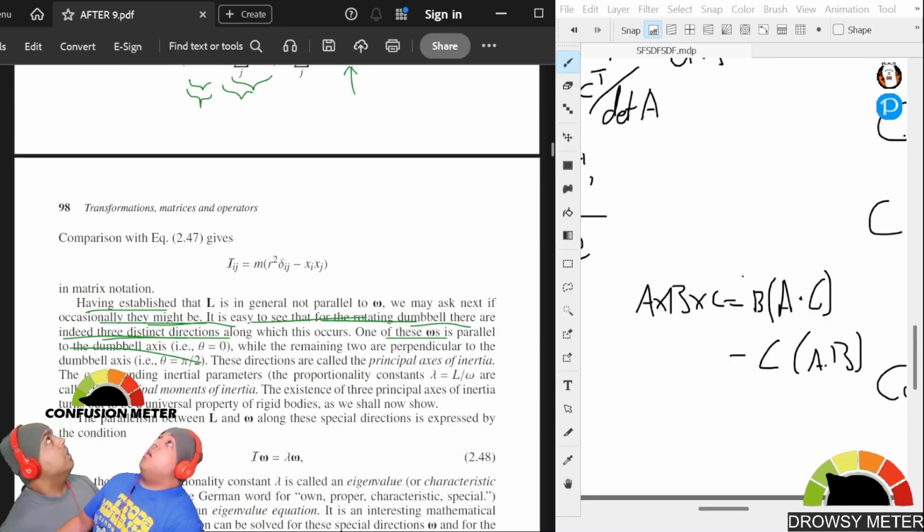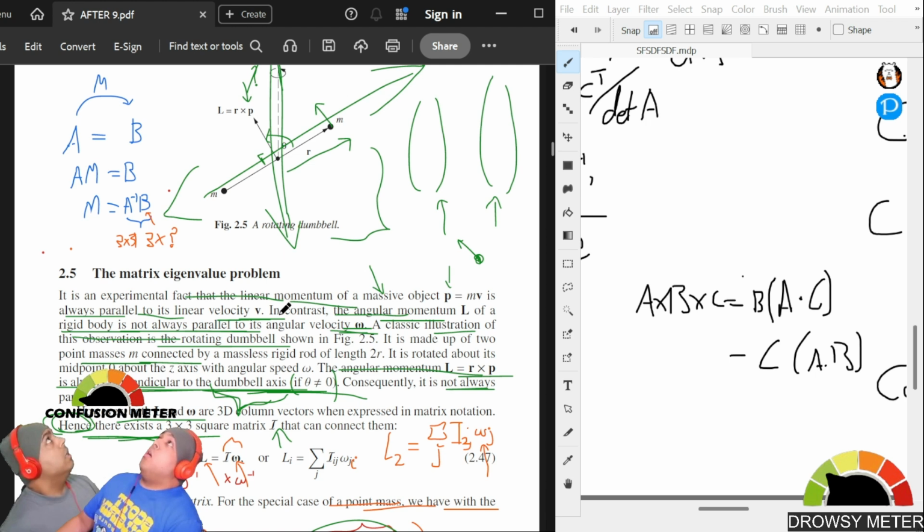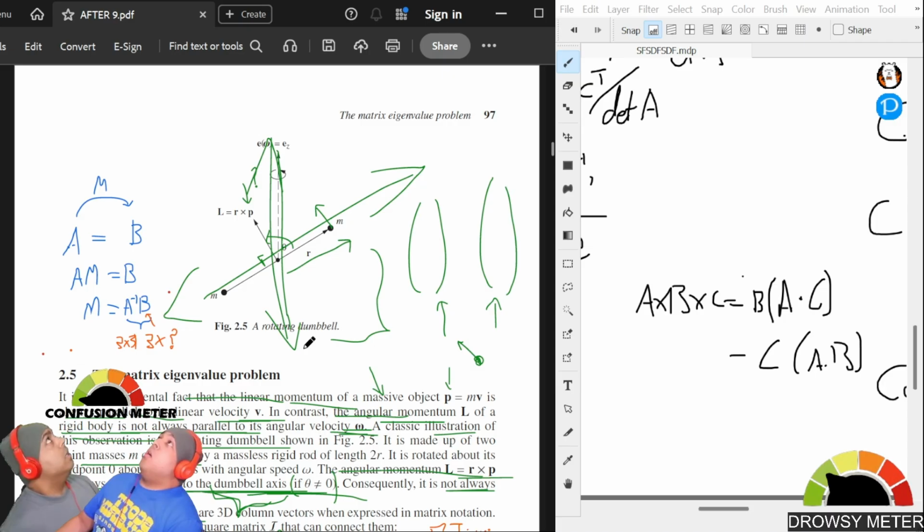We move. One of these omegas is parallel to the dumbbell axis. I still don't know what the dumbbell axis is. It's always perpendicular to the dumbbell axis. If theta is not equal to 0, it's not perpendicular. So if R and L